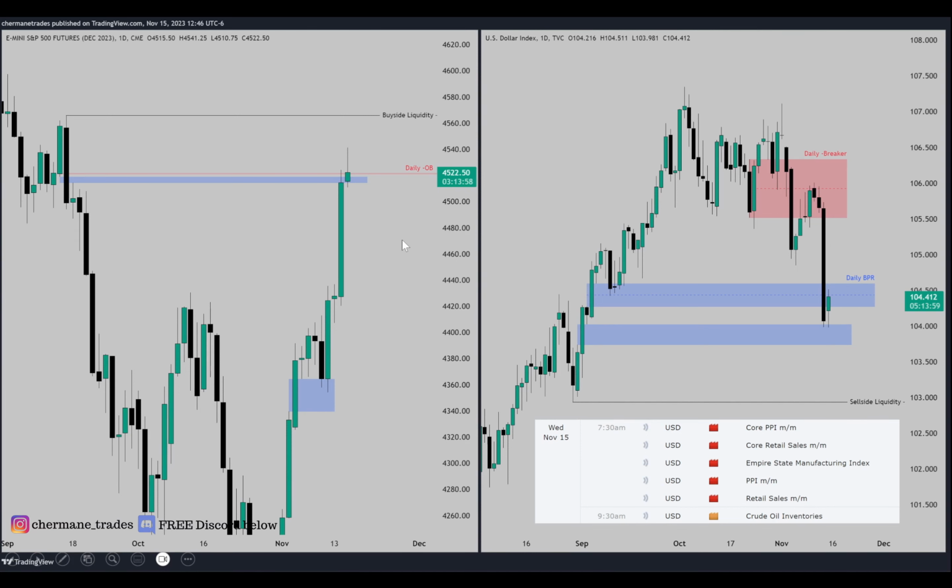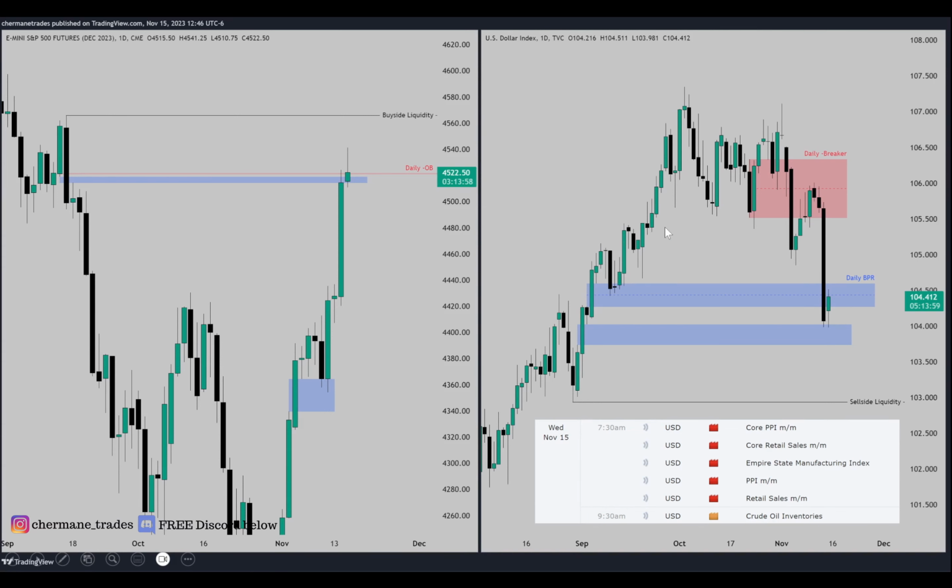Starting with the daily chart, ES on the left. We had this small little fair value gap that I was watching. I wanted to see, do we treat that as resistance and break lower? Do we treat it as support and work our way higher towards this buy side? This is the draw I have longer term. And this last up close candle prior to this down move is your bearish order block. So we'll look at these levels and how the lower time frames are respecting and using these levels as support